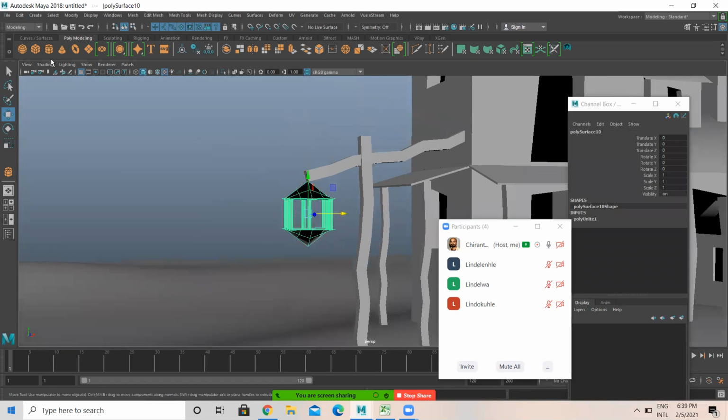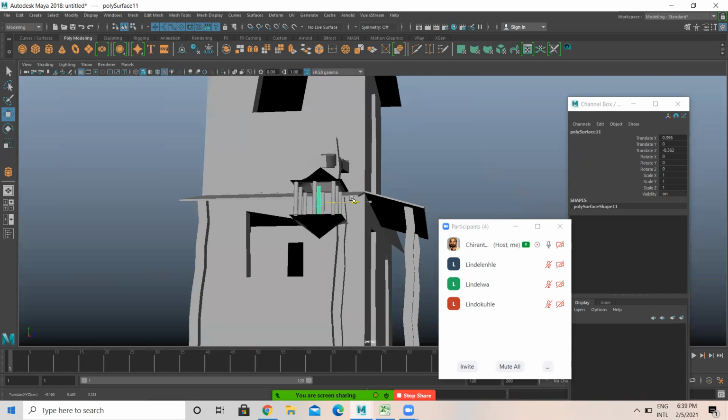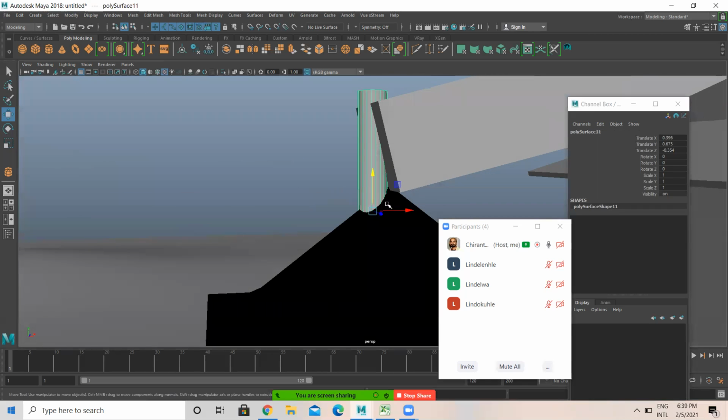Okay, I need one more object. Let me separate this first. I duplicate this, Modify, Center Pivot, like this in the center. I'm gonna lift this because I want this exactly in the center.